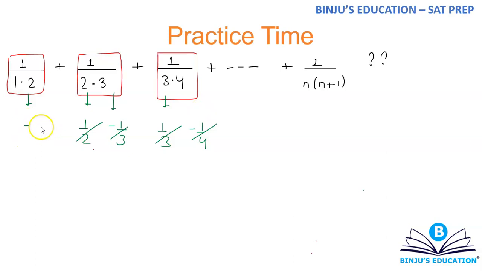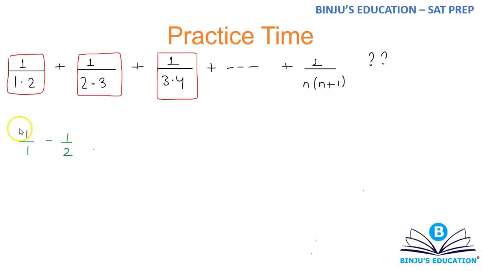So questions like these are typically solved in this way only. What you're gonna do is write them separately. You will write this as 1 by 1, and you're gonna put a minus sign, and you're gonna put 1 by 2. And now validate that 1 by 1 minus 1 by 2, is it equal to 1 divided by 1 into 2? So take 2 as the LCM. This will become 2 minus 1. So this is actually 1 by 2, which can also be written as 1 over 1 into 2.